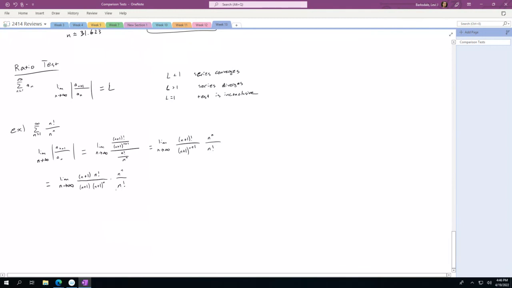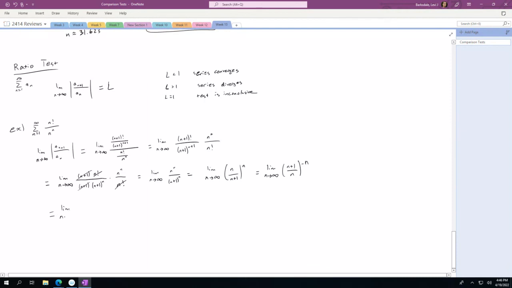Now, a couple of things are going to cancel. First off, my n factorials cancel. And I also have an n plus 1 that cancels. So what I'm left with is the limit as n approaches infinity of n to the nth divided by n plus 1 to the nth, which is the same thing as the limit as n goes to infinity of n divided by n plus 1, all of this to the nth, which is the same thing as the limit as n goes to infinity of n plus 1 divided by n to the negative n,